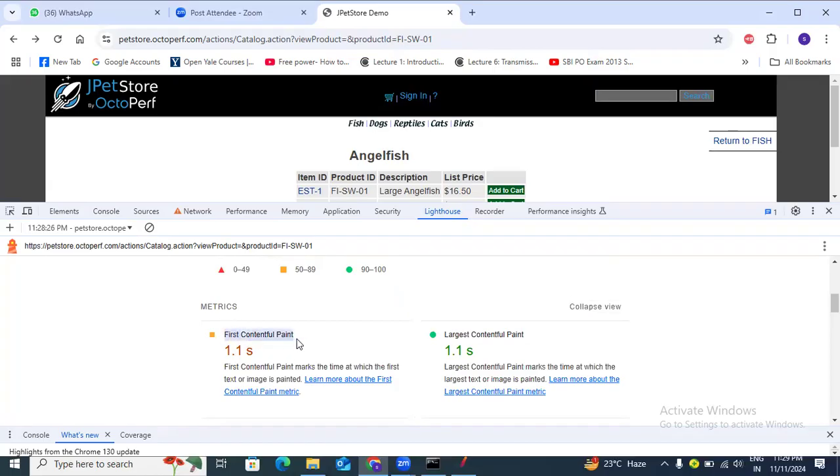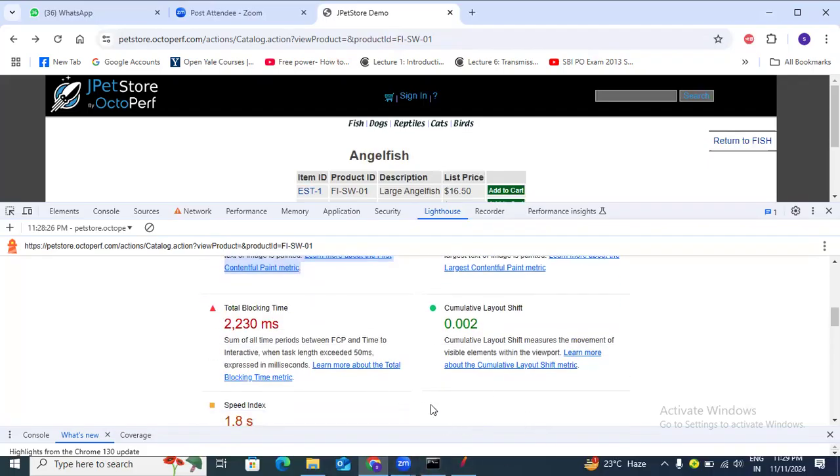First Contentful Paint. Okay, so First Contentful Paint in the sense, whenever we open the page, initially the user will see something. He will not see all the requests at once here. Okay, you will see something, some image file or some text file. Yeah, it is taking more time for loading the page. Okay, then